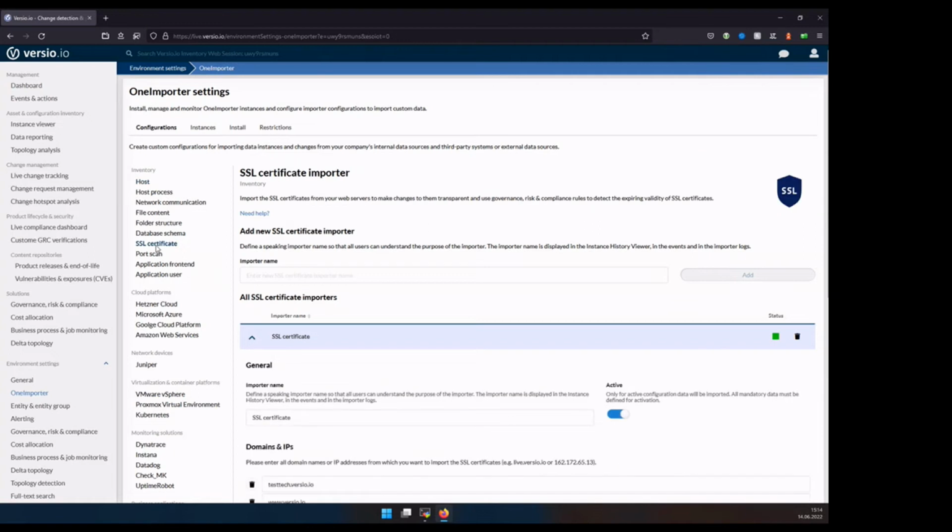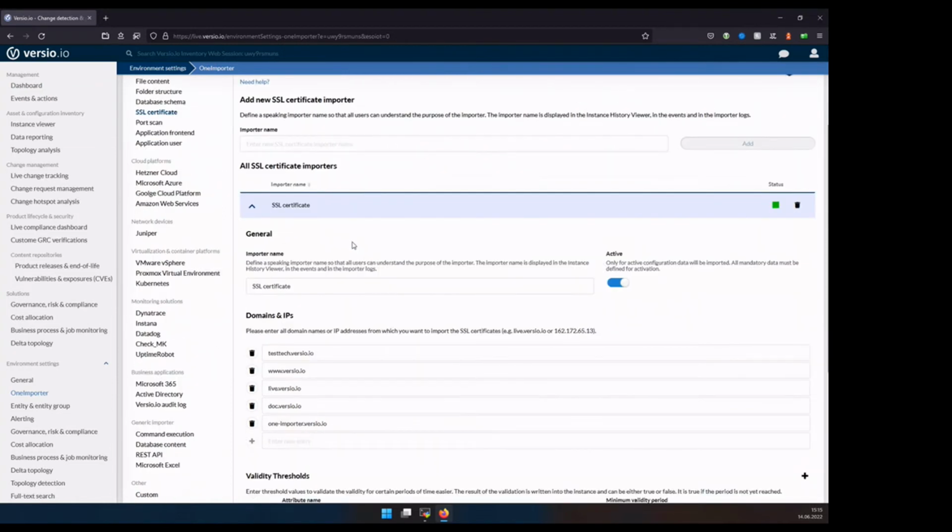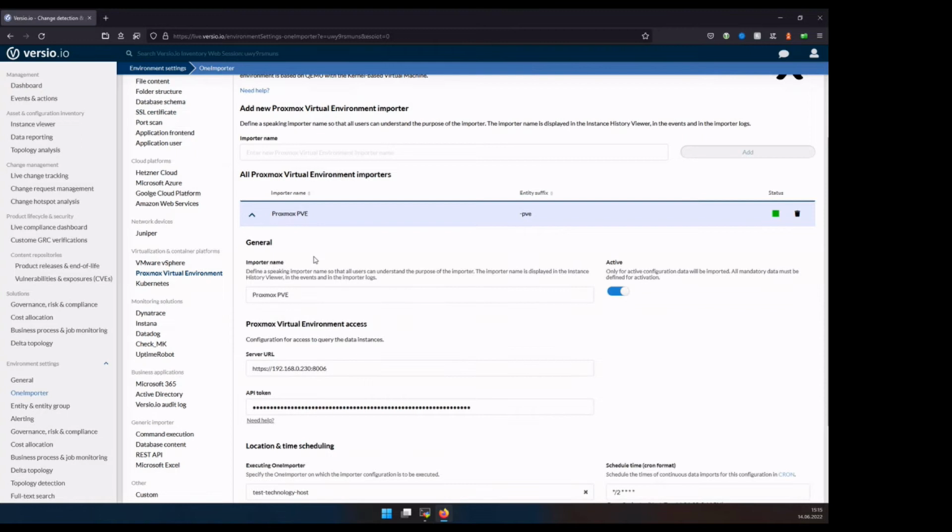The host and process inventory is all done automatically without any configuration. But we can show you some more data: we pre-configured some SSL certificate import. It's just a list of domain names. We put in 5 domain names that will be imported in some seconds. And we just pre-configured our